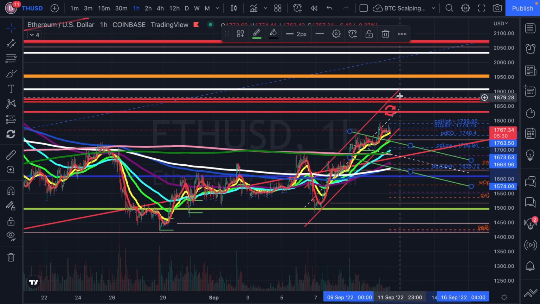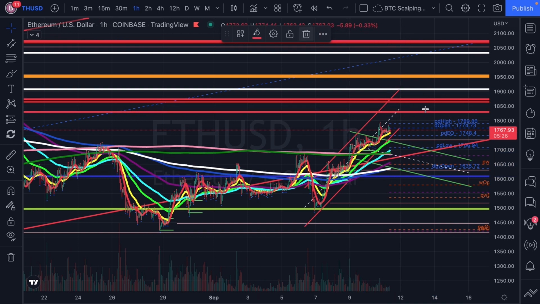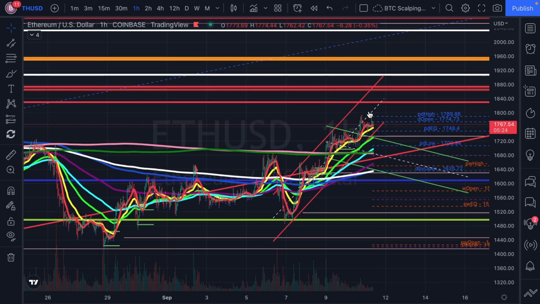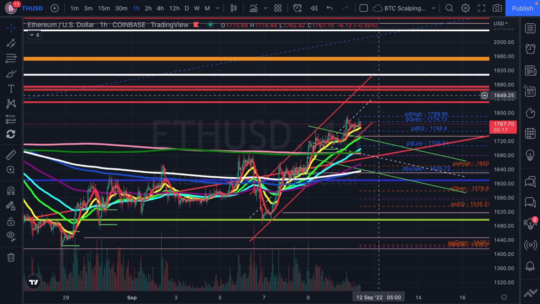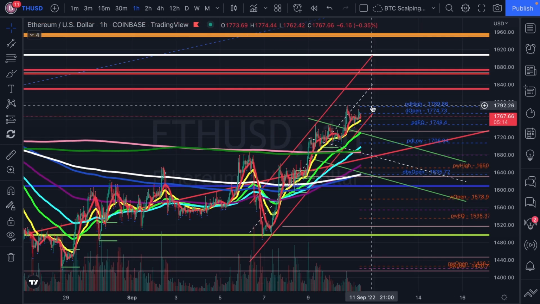I kind of didn't get to the fib target, so it's not really a perfect trade, but you can DCA in at low leverage and expect to get to that later. And if it's a low leverage trade and you're in the win, that doesn't matter as long as you're winning. If you have a short, if you have a stop loss,